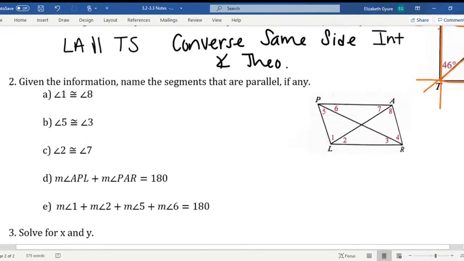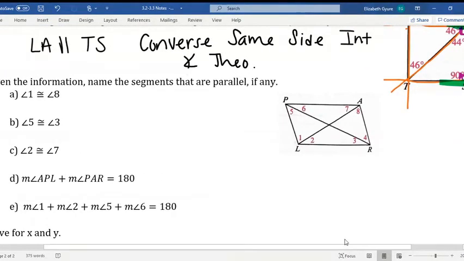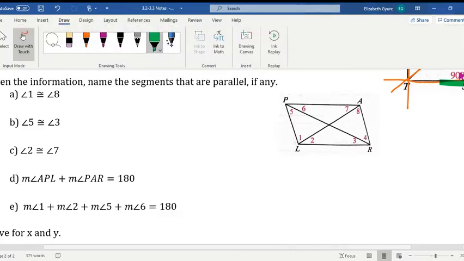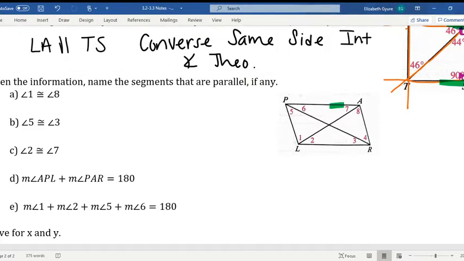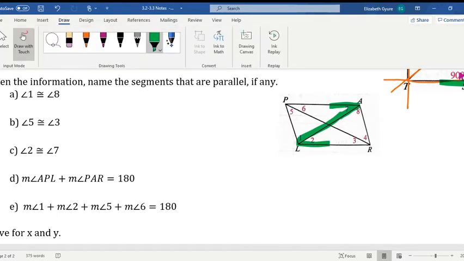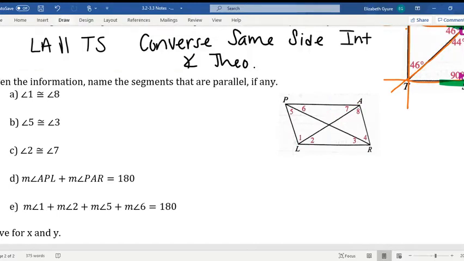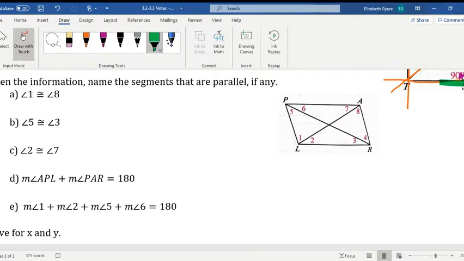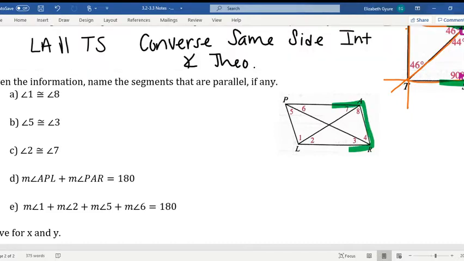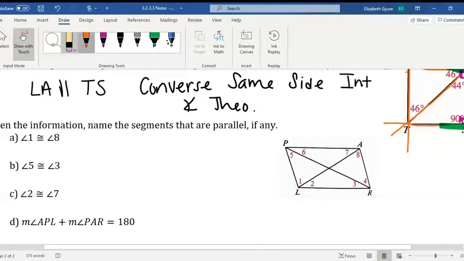In a diagram like this, we could potentially have a lot of different angle relationships. Like for example, if you take a look at angle 7 with angle 2, those are your alternate interior angles. And you have those in a few different places. Maybe we have some same side interior angles if you combine 7 and 8 and 3 and 4, things like that. So let's take a look at what we're asked. We are told that angle 1 is congruent to angle 8,